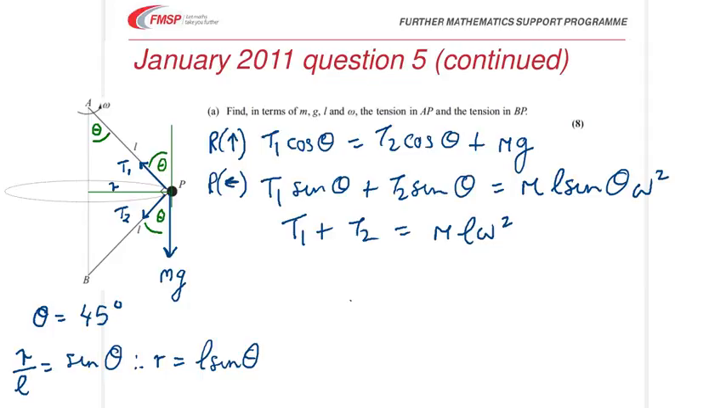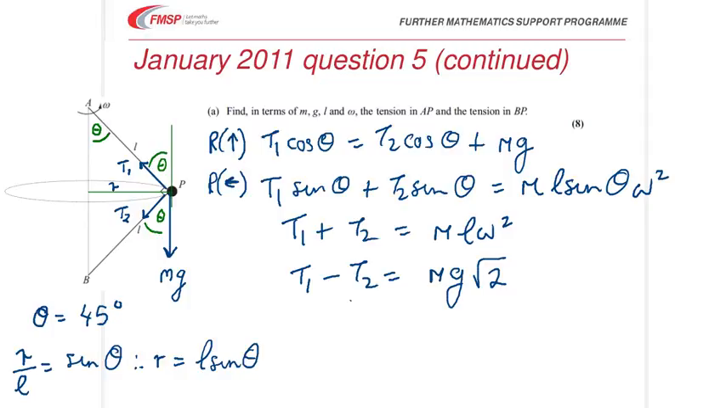The top equation, when we put cos theta in as 1 over root 2 and tidy it up a bit, becomes T1 minus T2 equals mg root 2. So two simple equations to solve. I'll leave you to check the working, add them up to get T1,